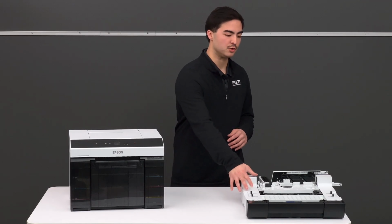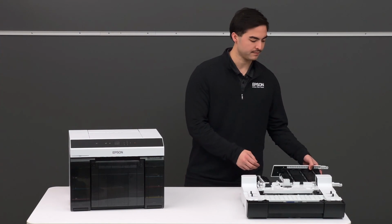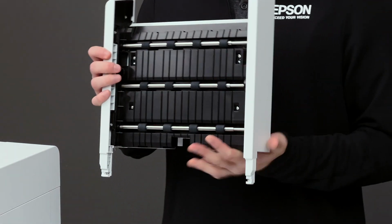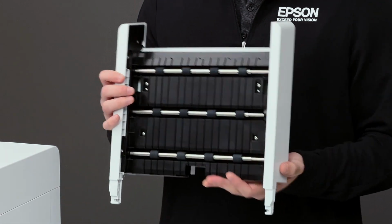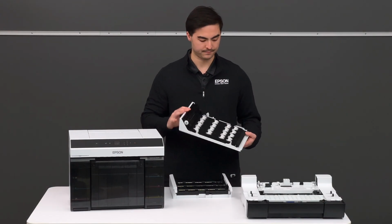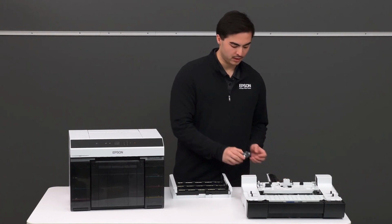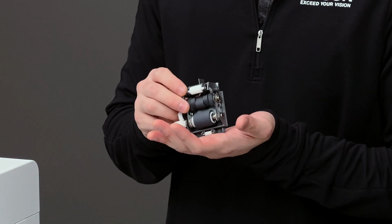So we have the Duplex feeder cassette, which houses the sheet media, the Duplex feeder paper path, the Duplex feeder back tray, and then there's 3 rollers. You have one standard roller that's always in use,